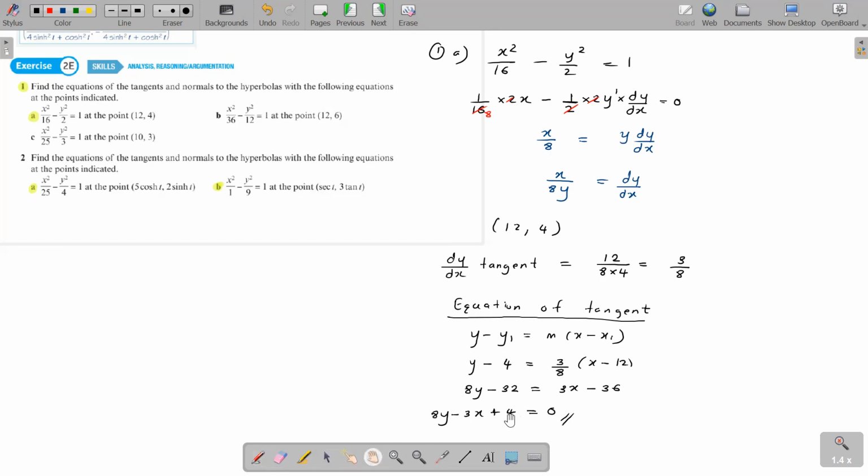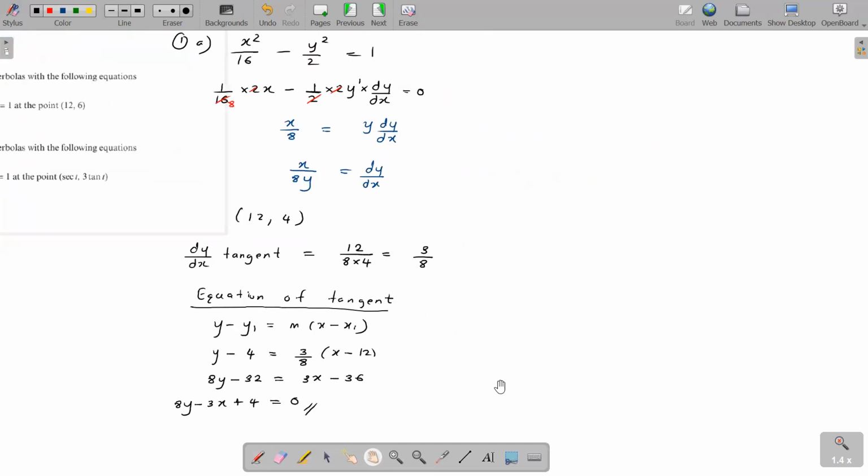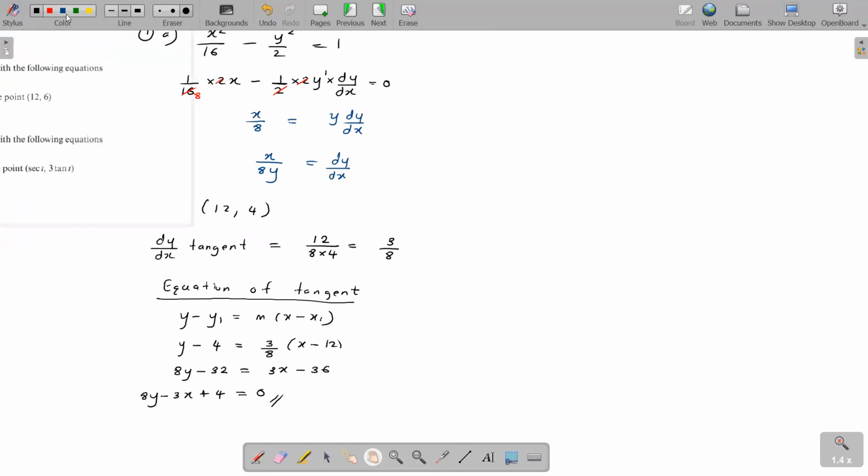Similarly, I also have to get the equation of the normal. So how do I get the equation of the normal? The same thing, get the dy by dx of the normal. When you get the gradient of the normal, basically what? Reciprocal and change the sign. When you want to get the gradient of the normal, reciprocal and change the sign. Positive becomes negative. 3 over 8 becomes 8 over 3. The gradient product is minus 1. That's what I'm using. So the equation of the normal